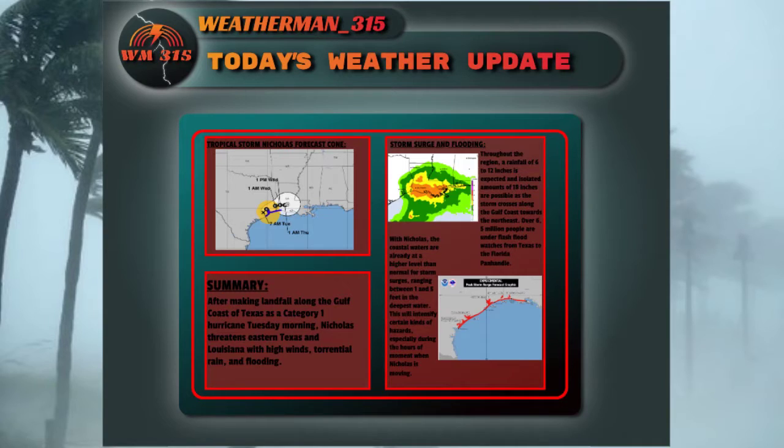But really the entire region, stretching from southeastern Texas all the way to the Florida Panhandle, will be at risk for flooding from these storms, from these bands of Tropical Storm Nicholas. As a result of the continued onshore flow, there is a high chance for precipitation through the end of the period. We also have a good reminder here: while Nicholas is moving quite slow,